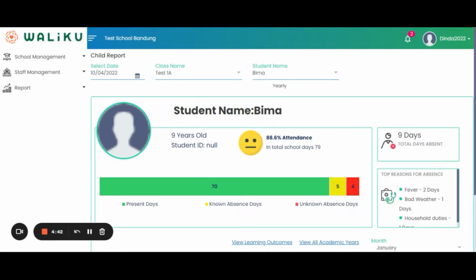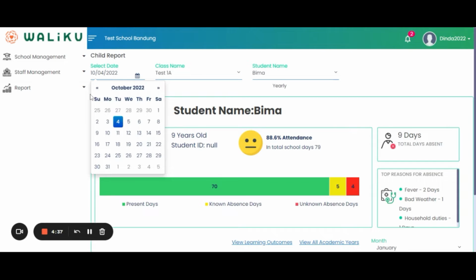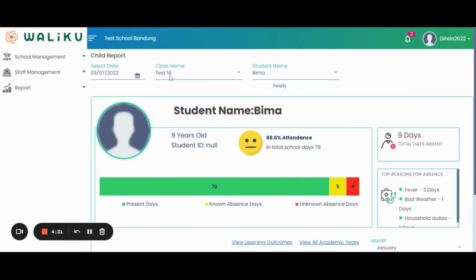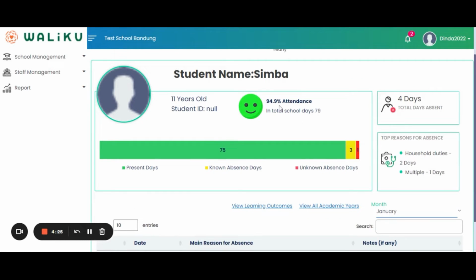Here you can select the date, class name, and also the student name. For example, I am going to select the 7th of September for class test 1A and student Simba. You can see that Simba has